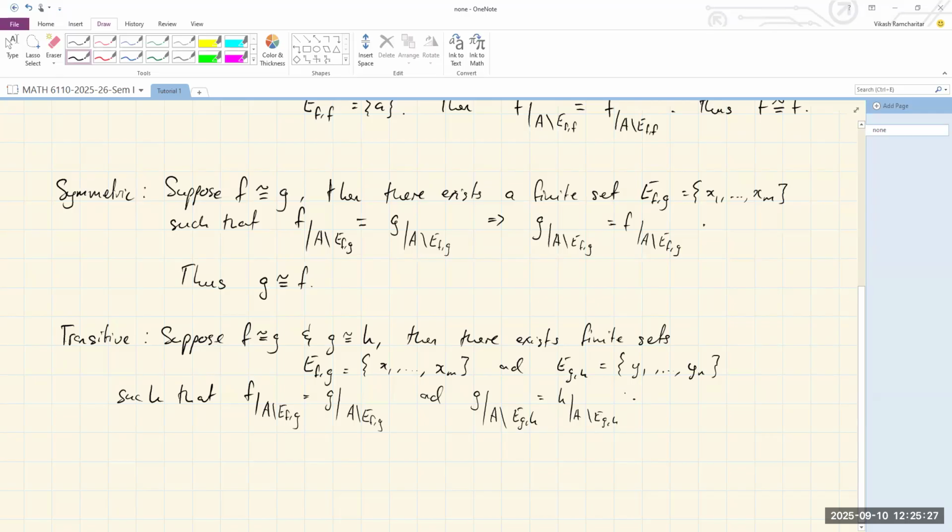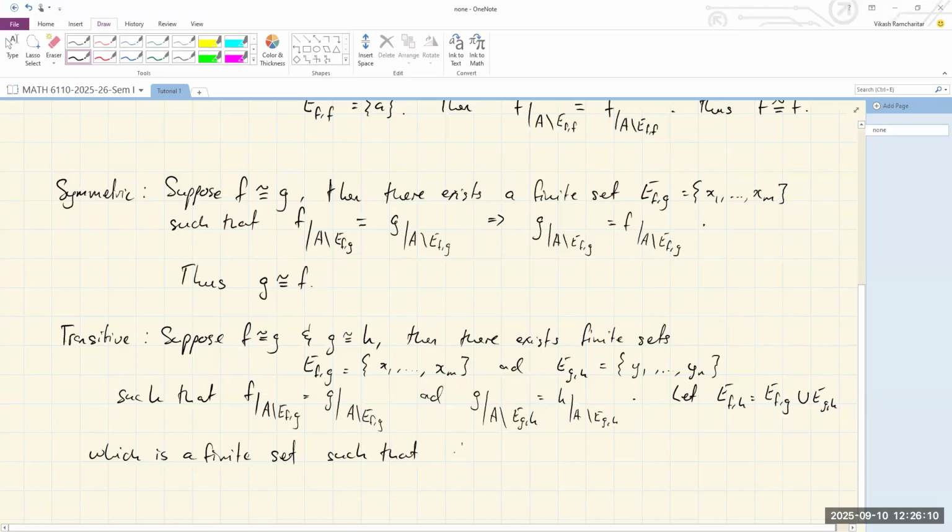So what I need to do is come up with a new finite set such that f and h are equal to each other on the domain without those points. Okay, so it's easy to see that if I just let E_FH equal the union of these two sets, E_FG union E_GH. So obviously this is a finite set such that